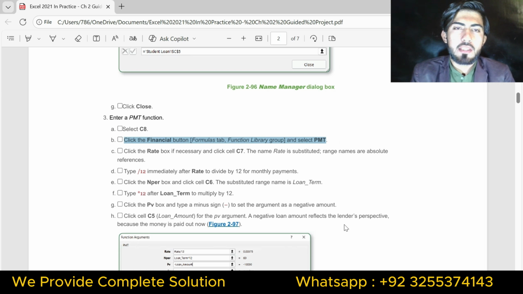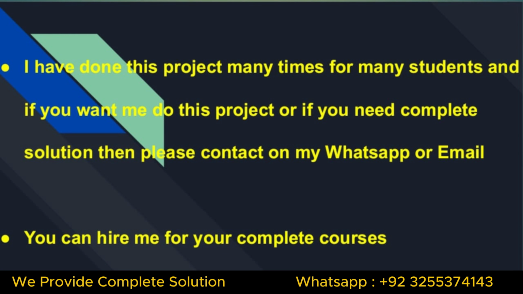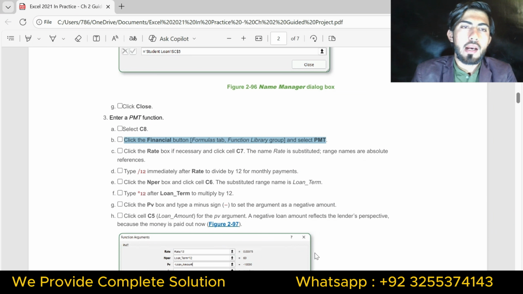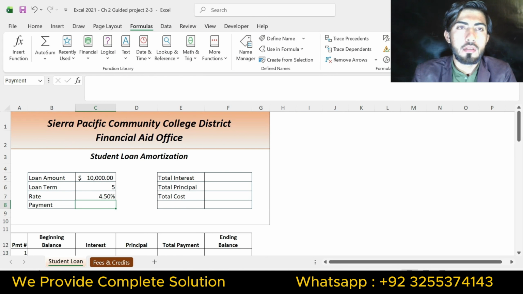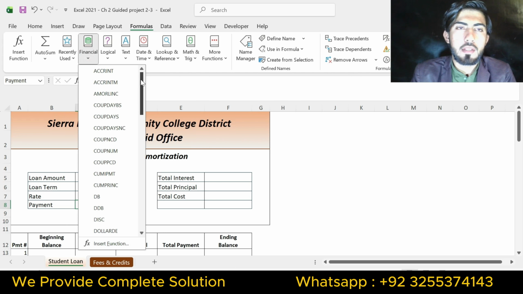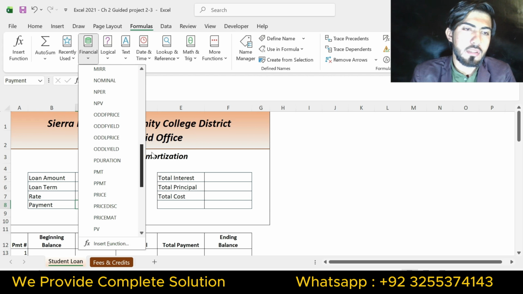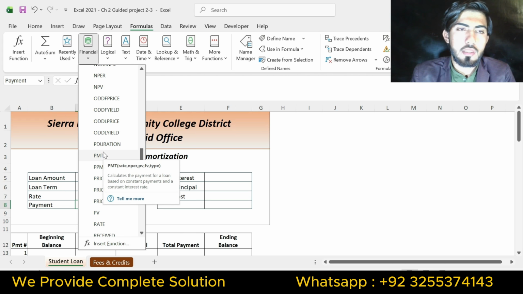Part B is click the financial button, formula tab, function library group and select PMT. So I will click the financial button that is in the formula tab in the function library. Just click this and you will see the PMT function. Click it.